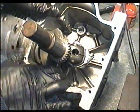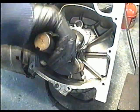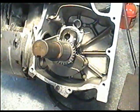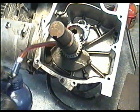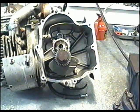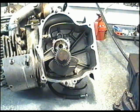So now you can turn the crankshaft to see if it works good. And it does. I'm just going to put a bit more oil on the rod here. Now we're ready to put the sump cover back on, but before I do that, I'm going to clean all